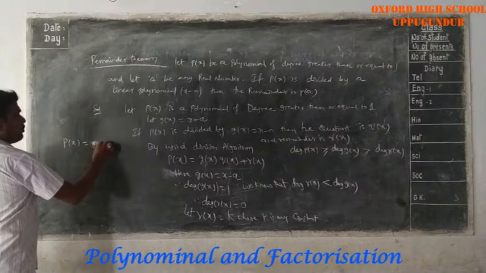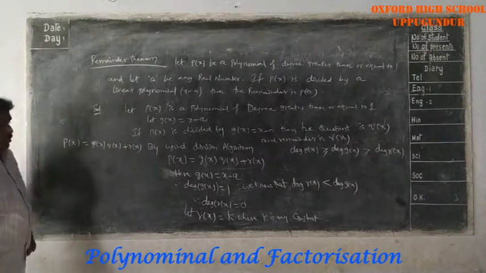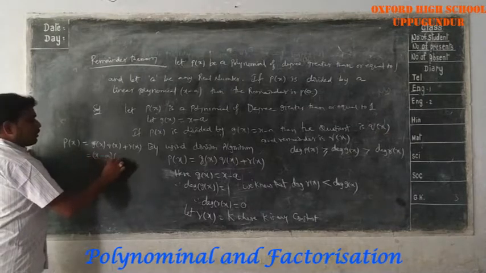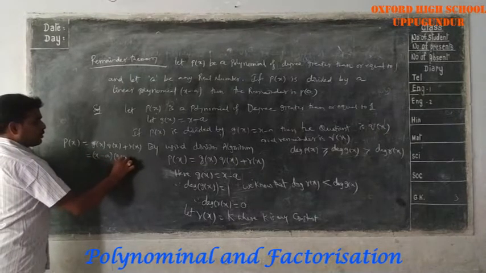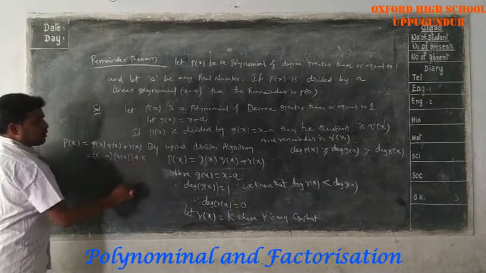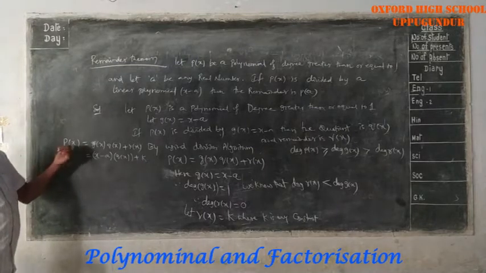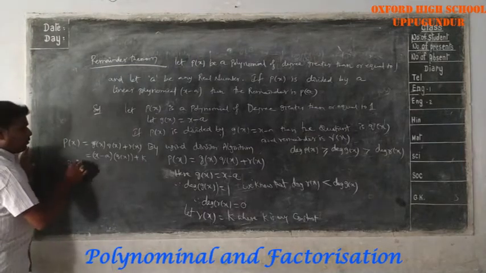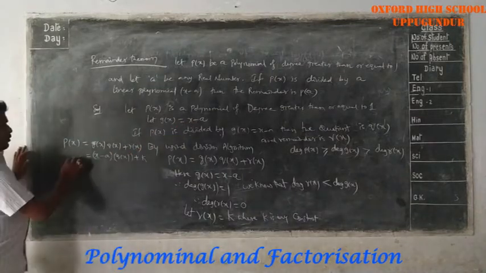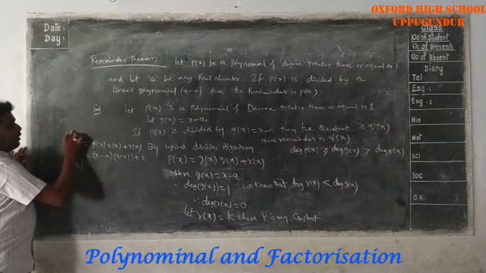g of x into p of x plus r of x. Now p of x equal, what is g of x? x minus a into q of x plus remainder, which we are assuming as k. So in place of the variable x, if you replace it with a, because the zero of x minus a is a, substituting a here in place of x,